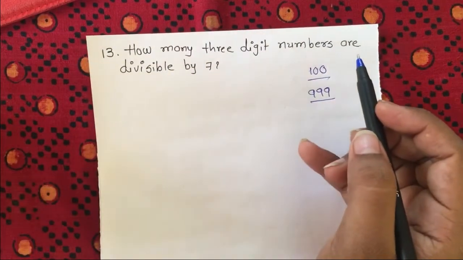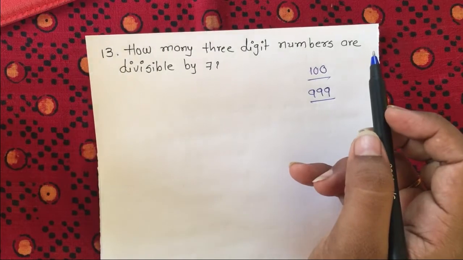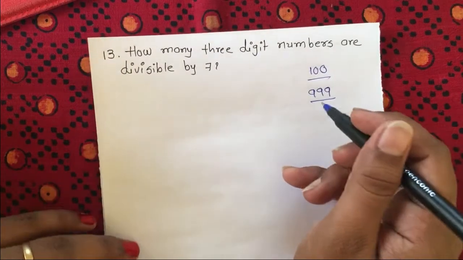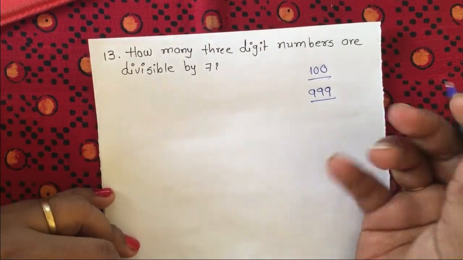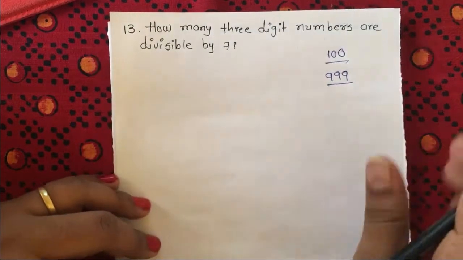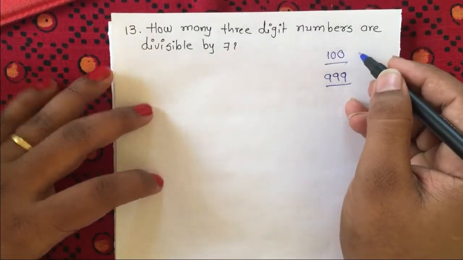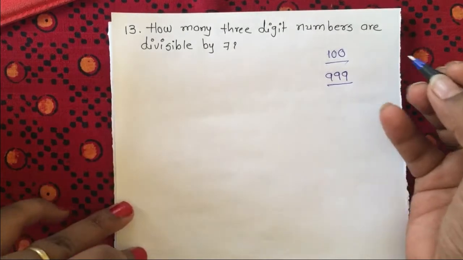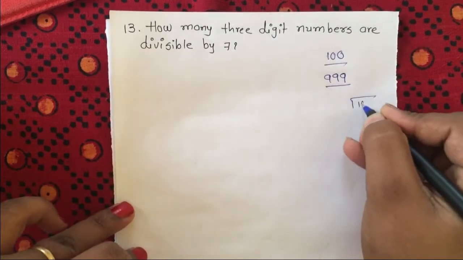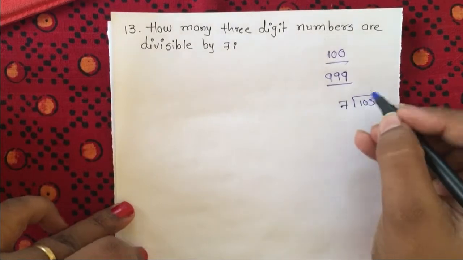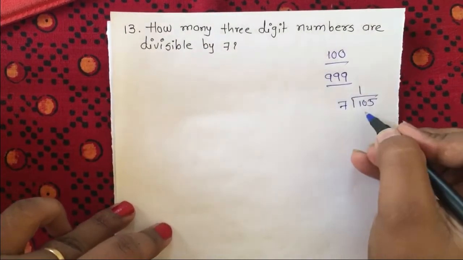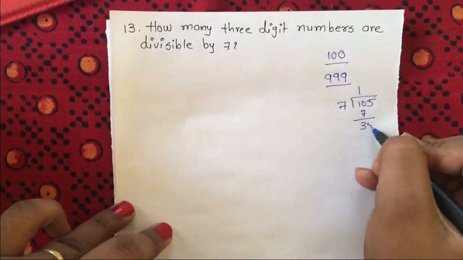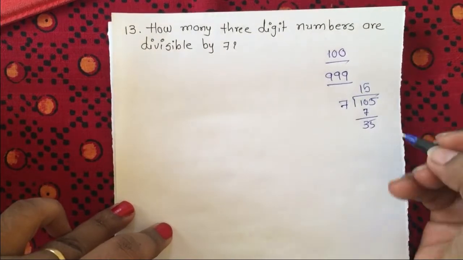You know that 100 is not divisible by 7, as well as 101, 102. You have to know the divisibility rule of 7 as well. Okay, and 103 and 104 are also not divisible. Okay, let's just try with 105. 105 divided by 7, that is 7 ones are 7. So this is 3 and 5. Yes, this is divisible by 7.